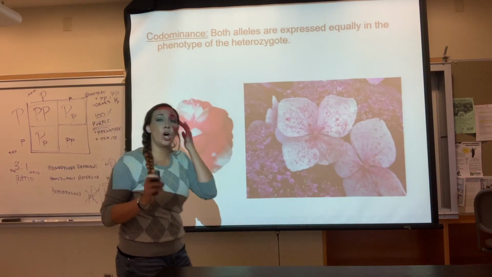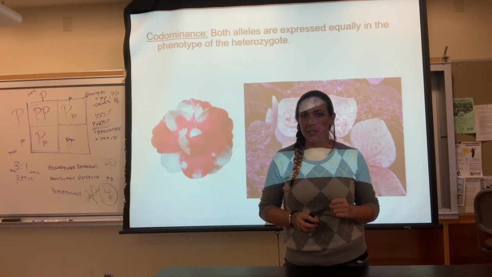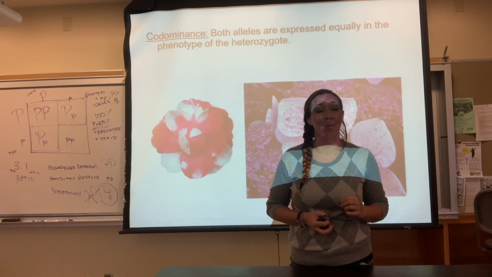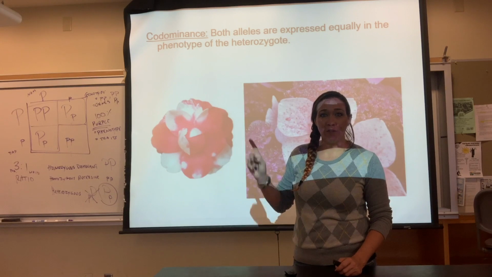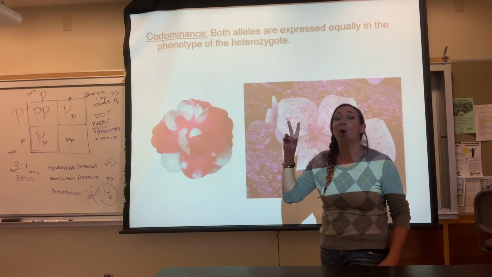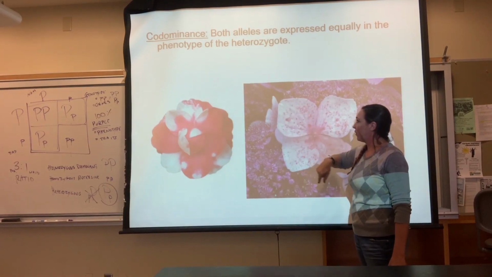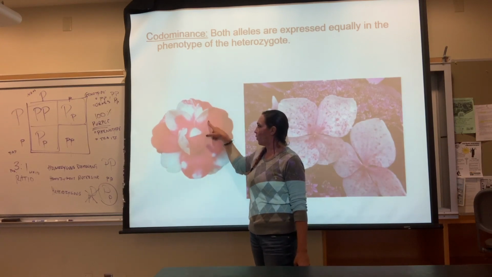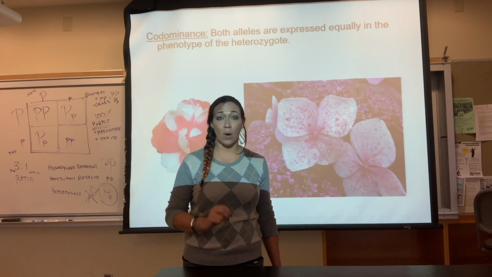If we are co-dominant, that means both of them are dominant. It's not incomplete dominance where one blends with the other, it's co-dominant. They are both dominant. So in this case, we matched our red flower with our white flower and we got a red and white flower because they're both dominant. They're co-dominant. They both show up. So we have parts of the flower that are white, parts that are red. Same thing over here, because they are both dominant and therefore they both show up in the phenotype.